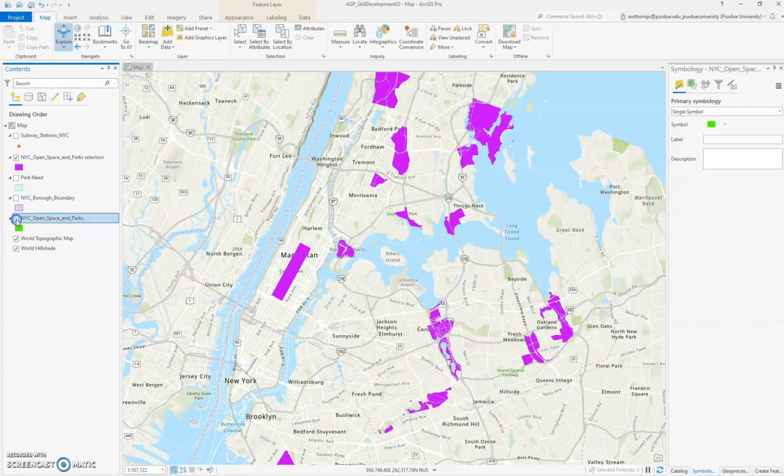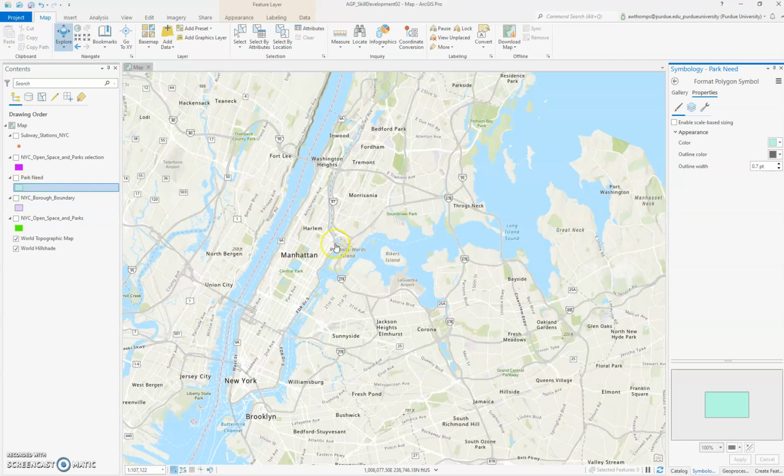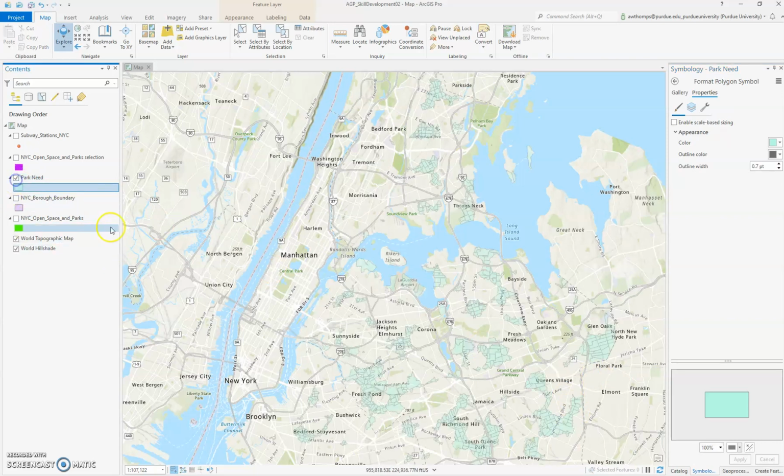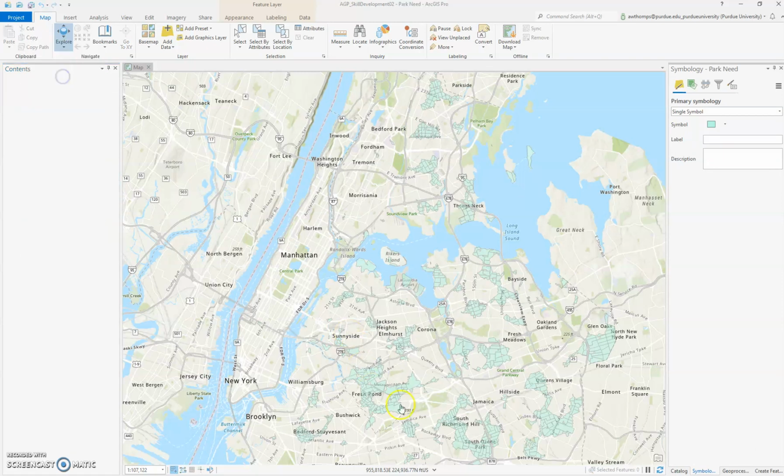Something else I want to show you while I'm here is how to symbolize other types of data. Basically, anytime we want to change the symbol, we can just click on a data layer. This one in particular is a layer I downloaded called Park Need, and this is a multi-step evaluation model. I'm not going to explain all the steps right now, but somebody has produced it, and if I open the attribute table up real quick,